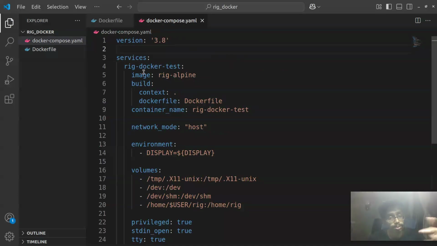So you make an image called rig docker test, and your base image is the one that you created from your docker file, and